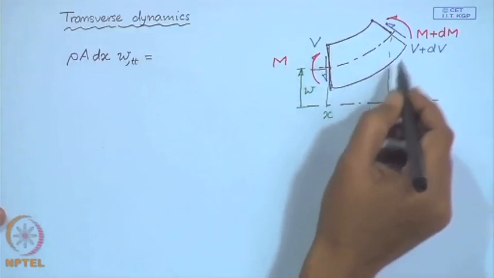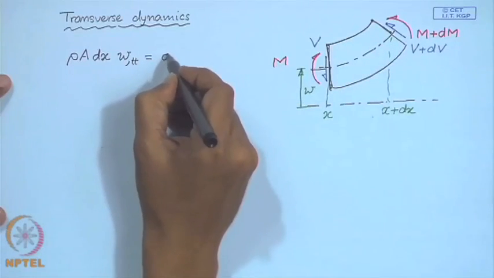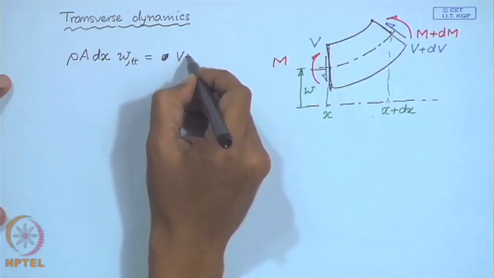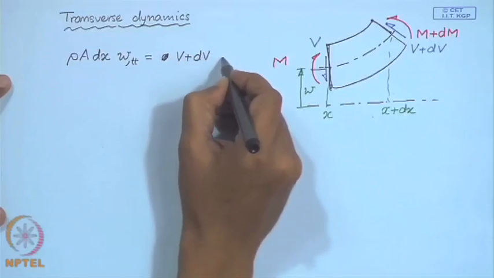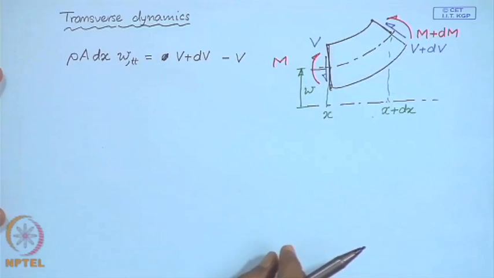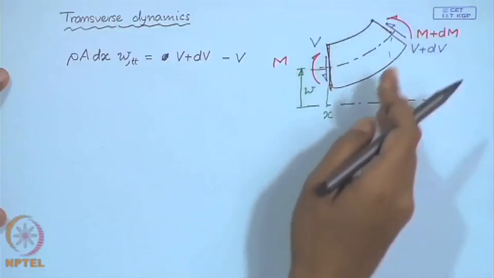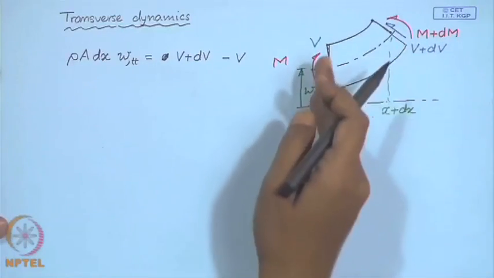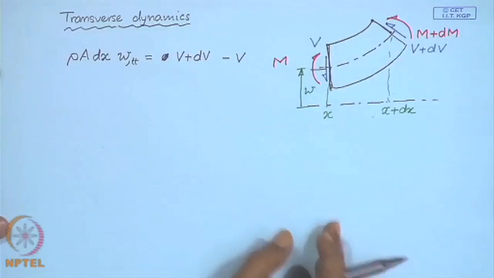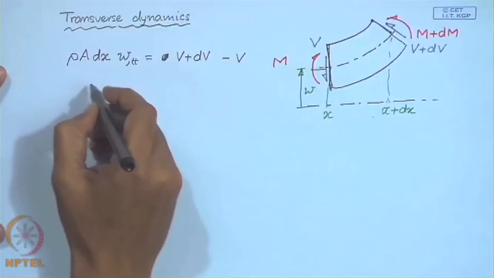Here again, considering that the slopes are small, v plus dv cosine of this angle is approximately 1 minus v times cosine of this angle, which is also very small. So, this is what we have. So, dividing throughout by dx,